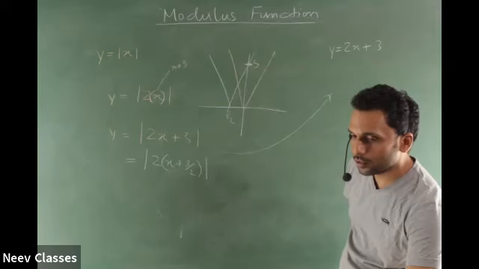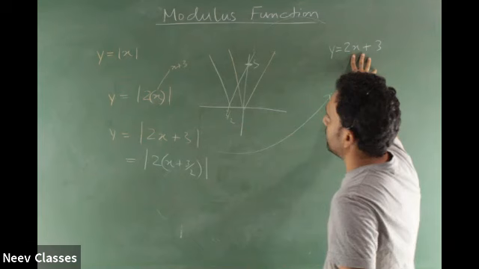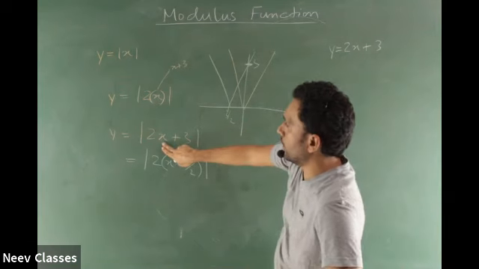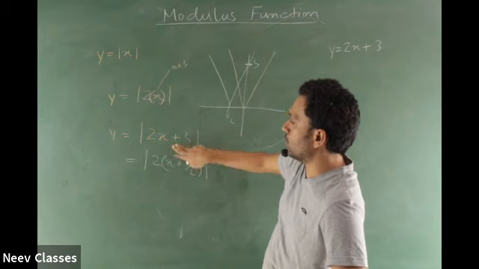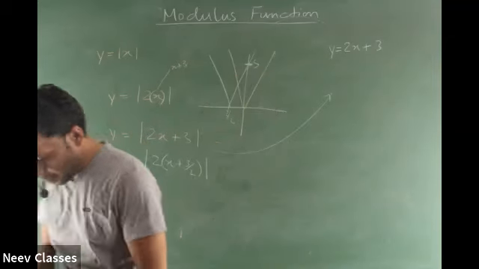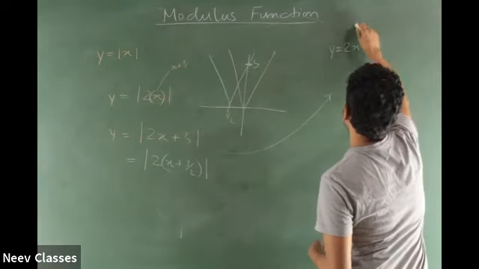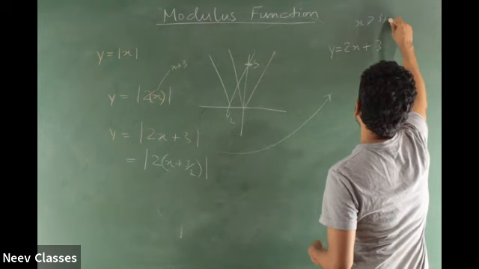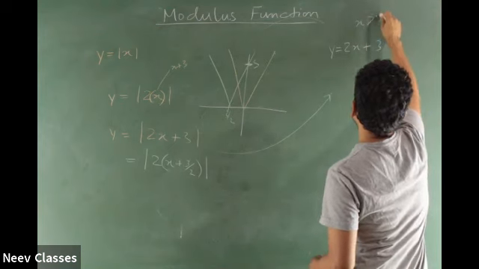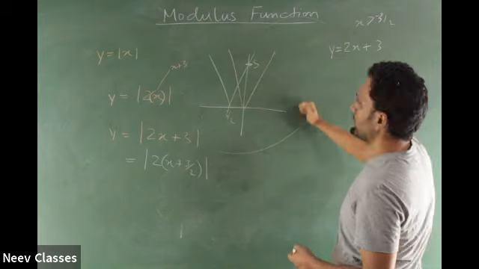So till x how much? Minus 3 by 2, right? For x greater than minus 3 by 2, this mod graph is as good as this. You put a minus 1 over here, 2 into minus 1 is minus 2, plus 3 is plus 1, you don't have to mod it, plus 1 is plus 1, right? Got the point? So, I will say that this should be valid till x greater than minus 3 by 2, sorry. And when it becomes x less than minus 3 by 2, it's another graph. What is that another graph, by the way?